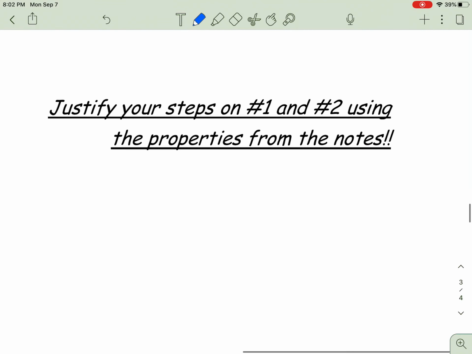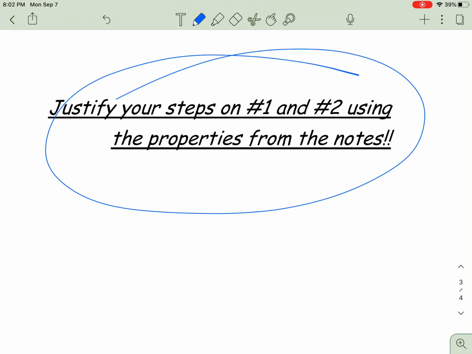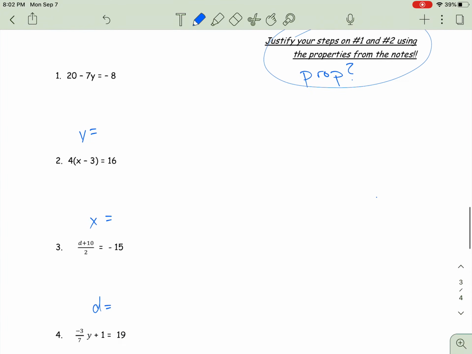And don't forget, as you're going along, just like we did up top, justify your steps. So what properties did you use along each step? Okay? Good luck. If you have any questions,